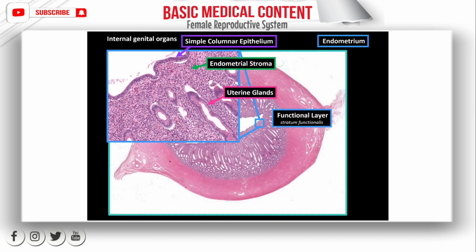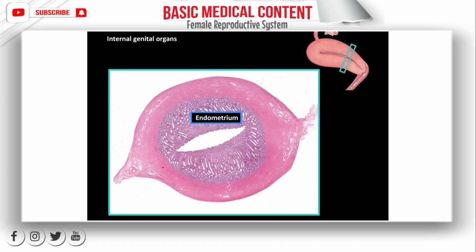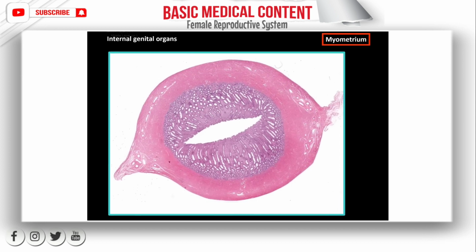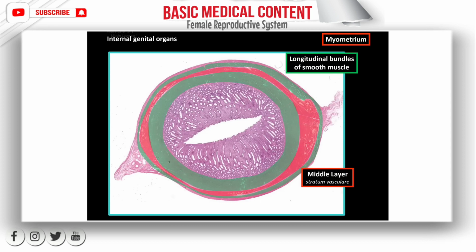So that was the functional layer of the uterus. The basal layer, again, is retained during menstruation and regenerates the functional layer. Next, let's do the myometrium. The myometrium is composed of 3 layers of smooth muscle. The inner and outer layers are mostly longitudinal bundles of smooth muscle. And we got the middle layer, which is the thickest layer of mostly circular or spiral bundles of smooth muscles